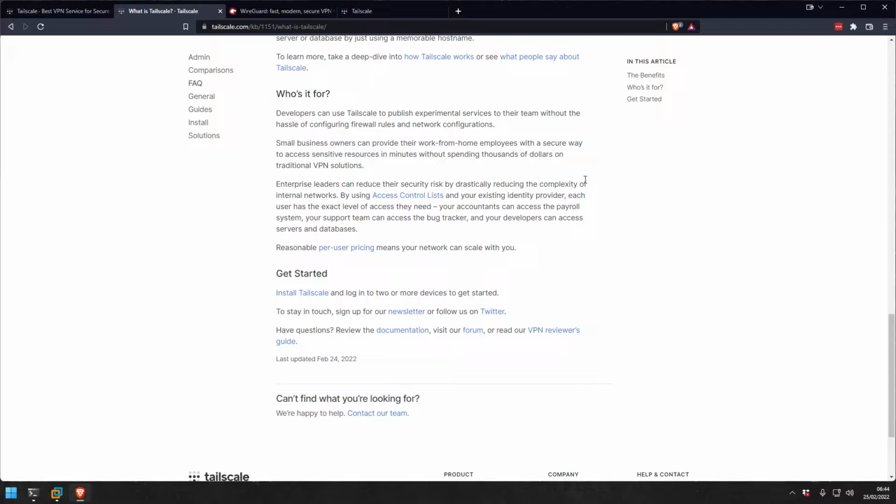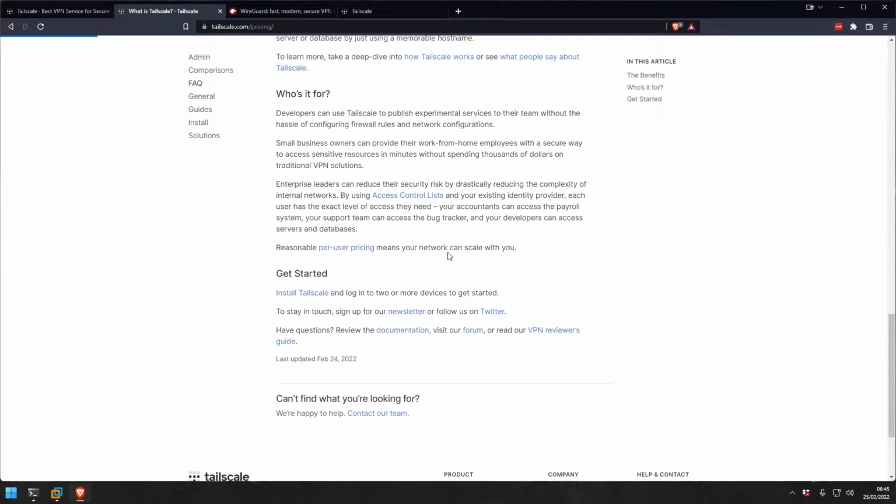Developers for testing. Enterprises can even reduce the security risk, right? You completely take out the complexity. That's the beauty of it. You take out the overhead for management, the learning curve is not as steep, and so on. And it's reasonably priced